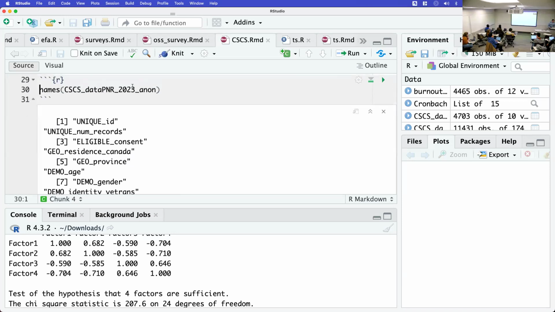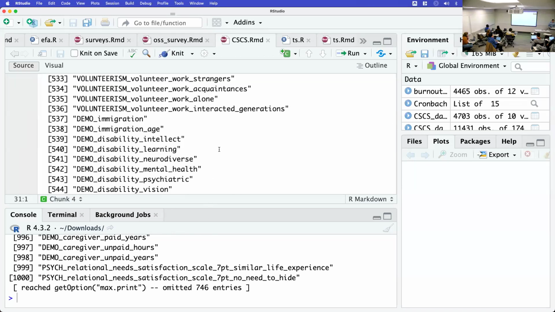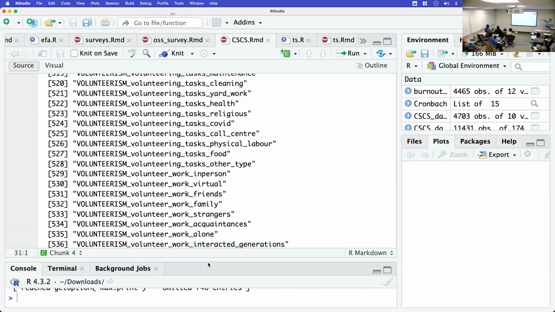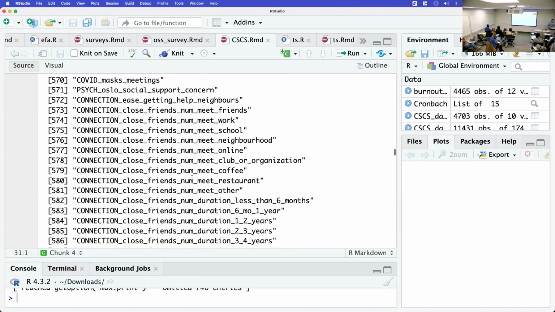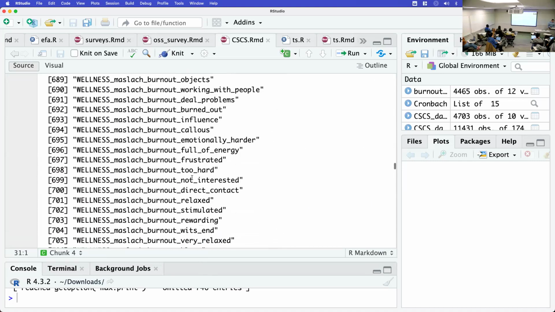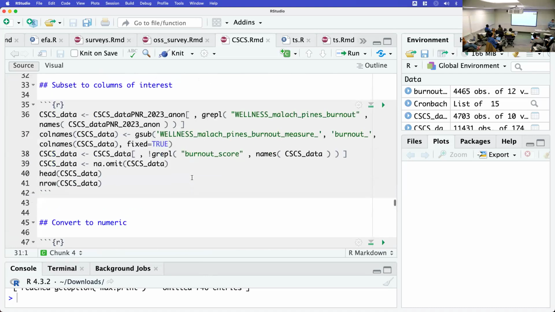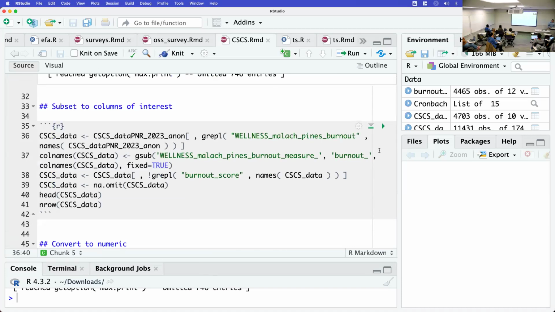You can see sort of what the names of the columns are. There's a long list. So these capture all of the different answers to all the different questions they had on the survey. A long list of things. I'm not going to look at all of this. I pulled out, yeah, keep scrolling. Right, I pulled out